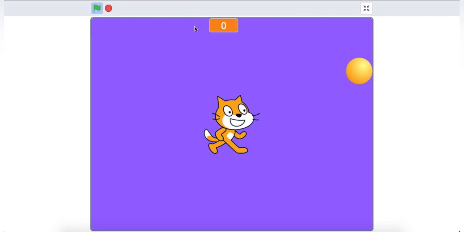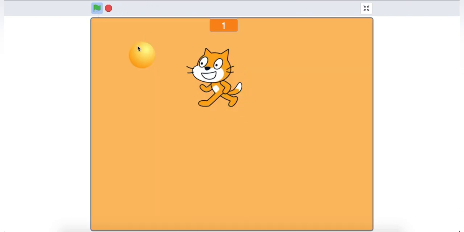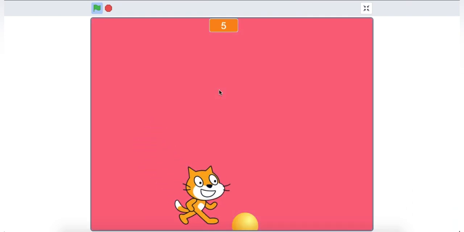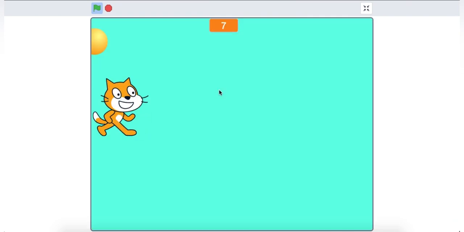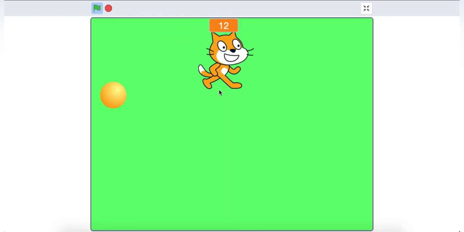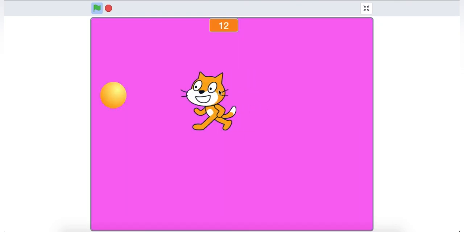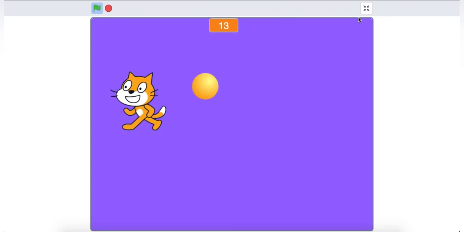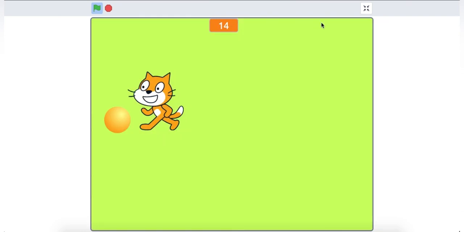Now, just start moving your cat sprite. Get it? But sometimes the ball can camouflage into the colors, which is a bit hard to get. And you have successfully made a catch game. And if you want to add a score where you win at about 100, then